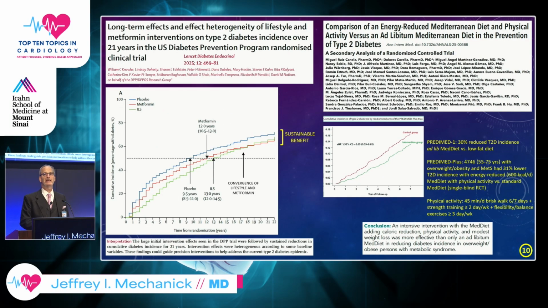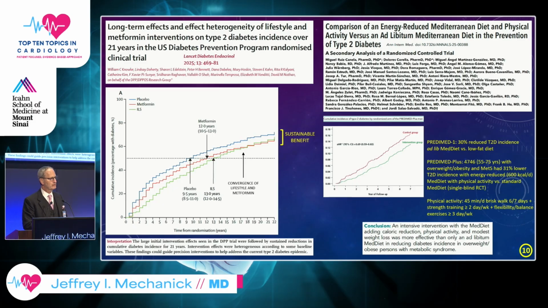We're going to move into 10A and 10B, right, to close it out, and this is on lifestyle. So to the left, this was a study I had just, when I was at EASD, and the paper had just come out and we were reviewing it. So this is an extension looking at the DPP trials, but all the way out to 21 years, right? And seeing persistence of that sustainable benefit, metabolic memory and legacy and all of that. But this is having a benefit going out to 21 years.